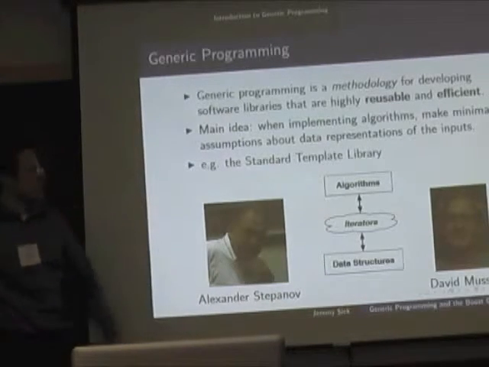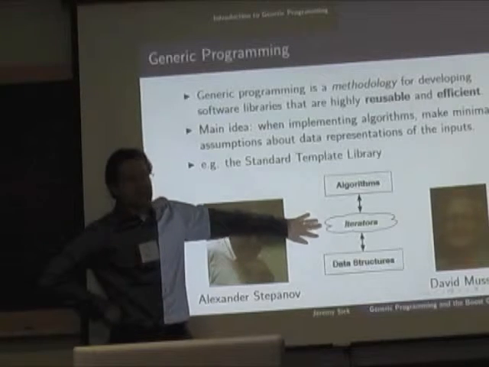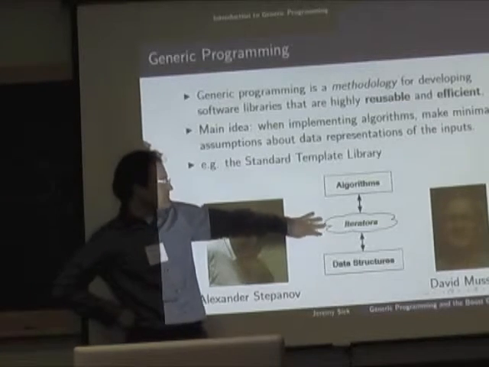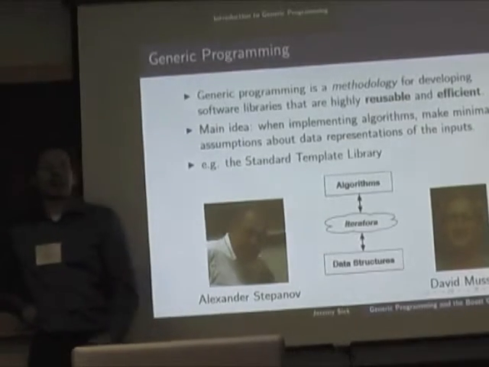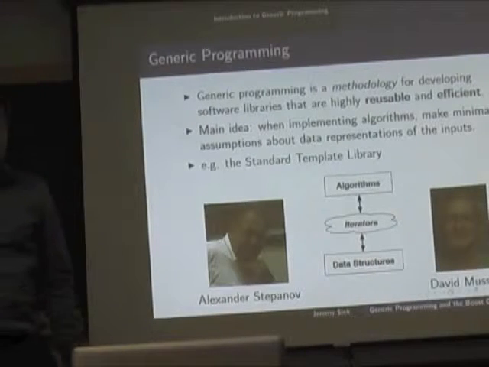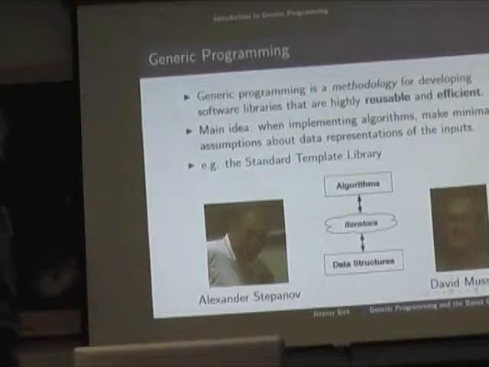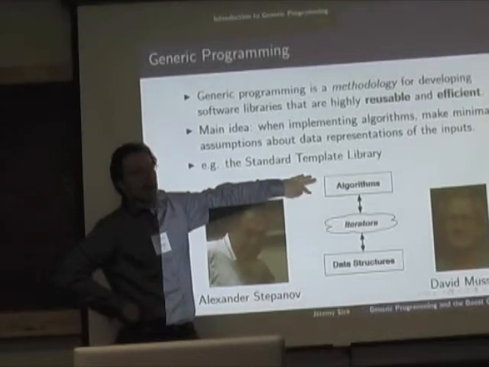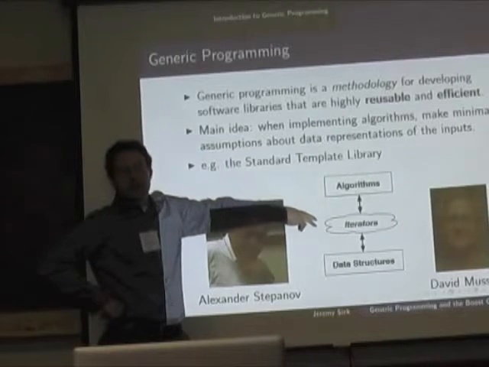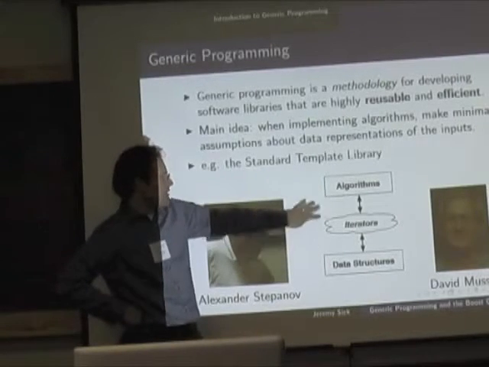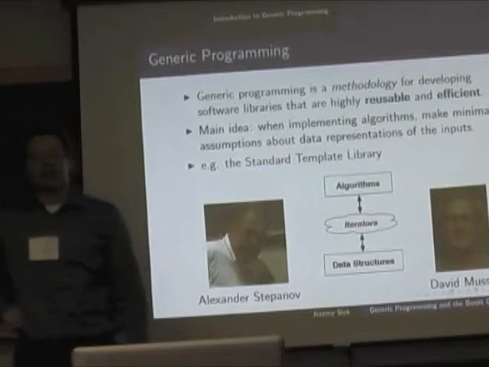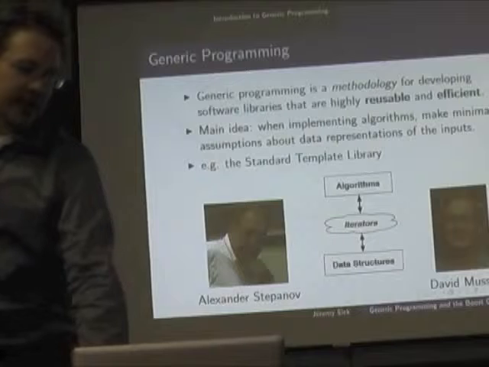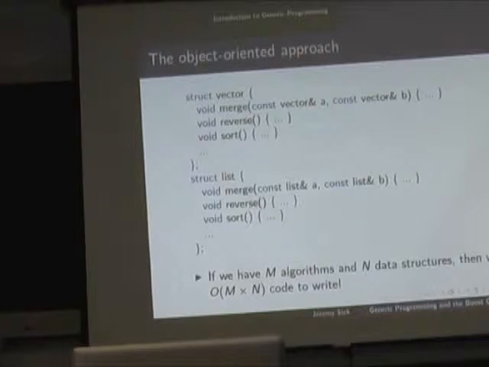Okay, and so the idea here was that he's going to insert this abstraction, the iterator abstraction, in between. Now this isn't the only abstraction, and in fact we'll see more examples of abstractions today than just iterators. But the key idea here is that you want to isolate what are the minimal things that the algorithm needs to know about, and then turn those into abstractions. And that's going to allow you to use the same algorithm with lots of different data structures and make it much more reusable.